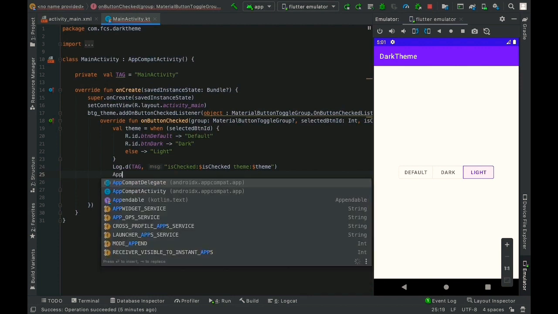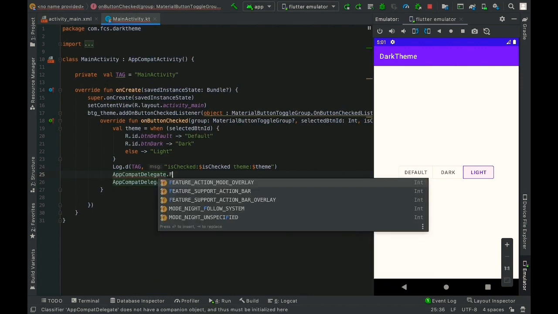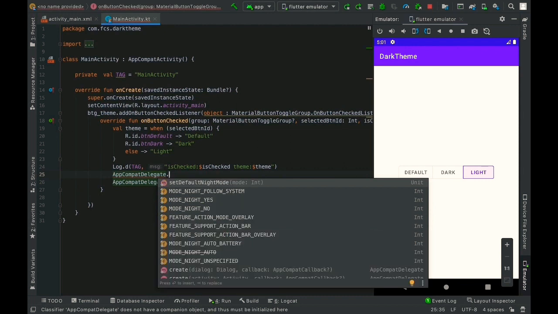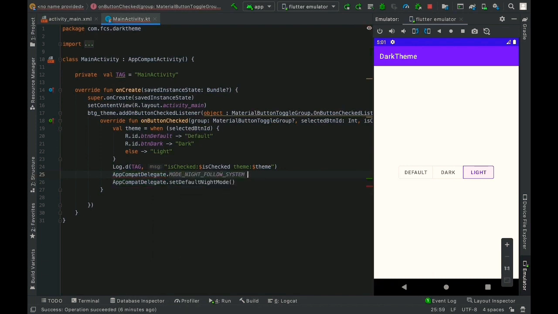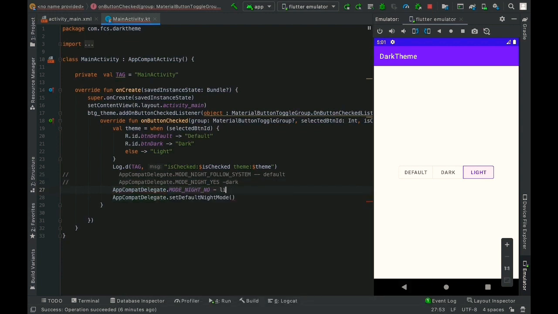First one is AppCompatDelegate.MODE_NIGHT_FOLLOW_SYSTEM, which is this one. This is the constant value for default theme, and we have MODE_NIGHT_YES, which means dark mode. Then we have MODE_NIGHT_NO, which means light theme.